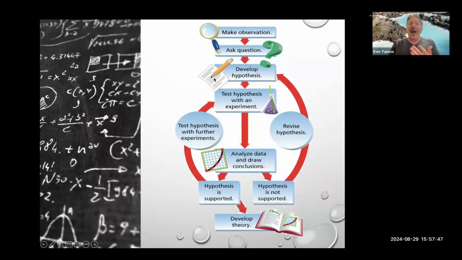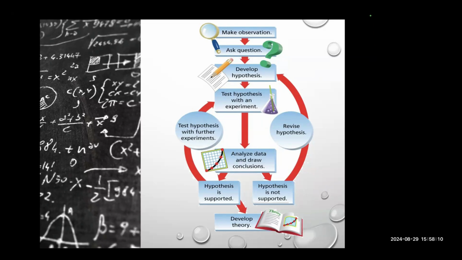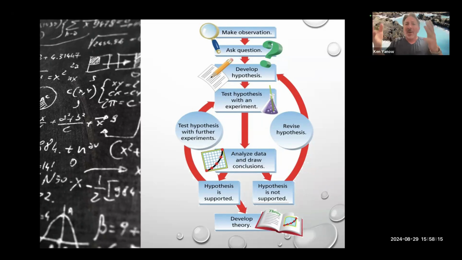Okay, so what are the elements of the scientific method? And what are we going to be looking at in this class? Well, you observe something and then you ask a question. So let me give you an example. Let's say I observe a plant and this plant looks strange, without a better adjective to use. It looks strange, it looks funny, and the question is, why does that plant look the way it does?